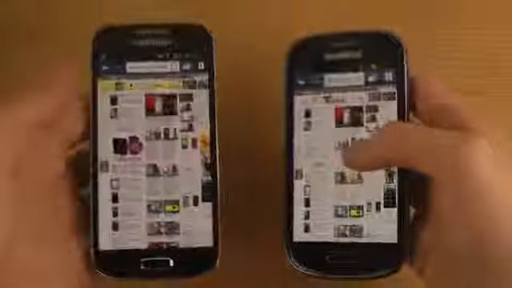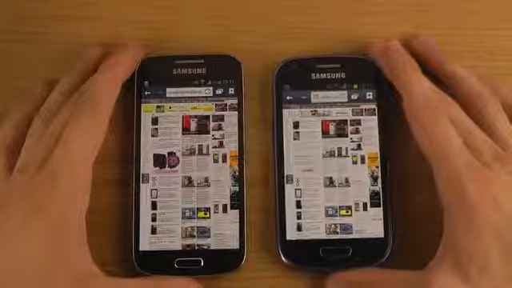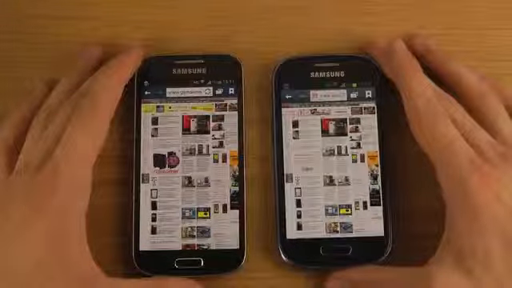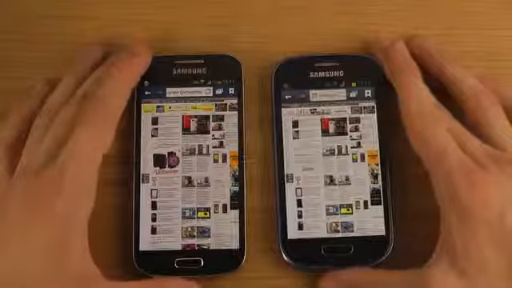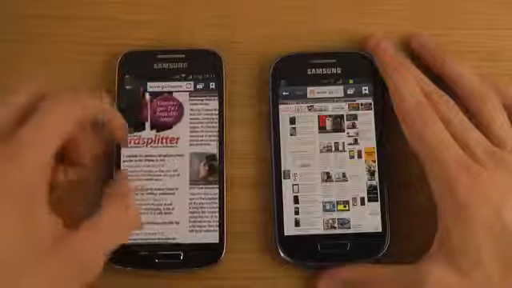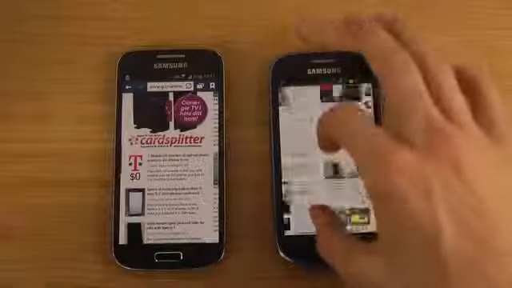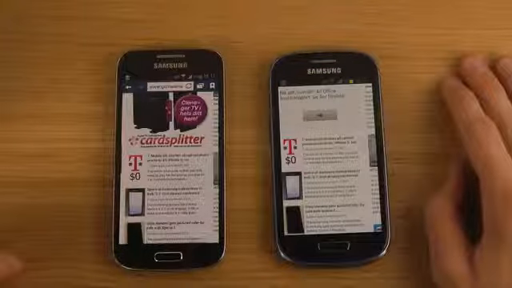So you also did see that the browser was a little bit snappier. What we can see here on the display is that these are very much similar in terms of the display, but I do believe that the S4 Mini has slightly better advantage here in terms of the display. Pretty interesting though, because I did think that the Galaxy Note 2 and the Galaxy S3 from last year, the